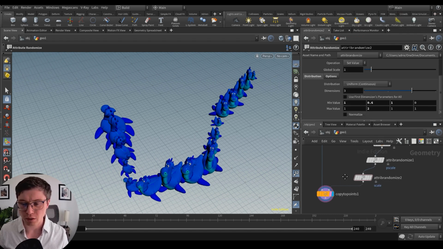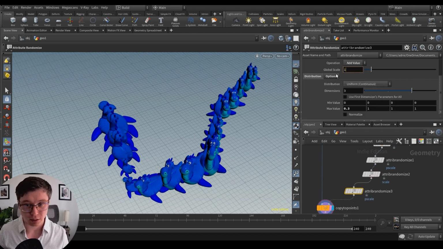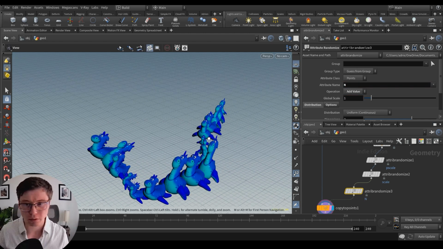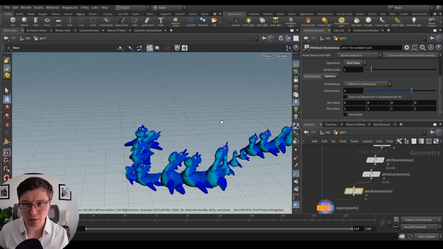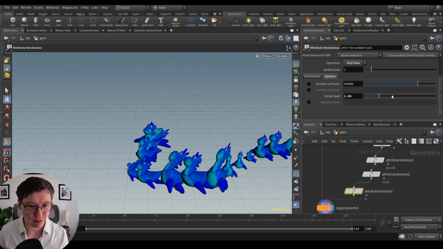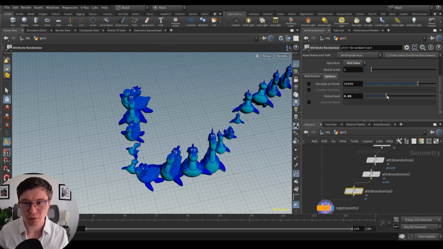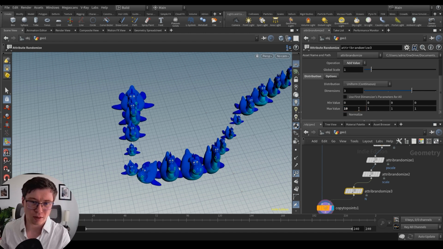Actually, let's use an attribute randomize, and let's try and randomize maybe n. So I will randomize the normal, and you will see that the rotation all of a sudden gets pretty random, but it's always sort of in the same direction because it's a bit more difficult, I guess, if you want to tweak things this way.